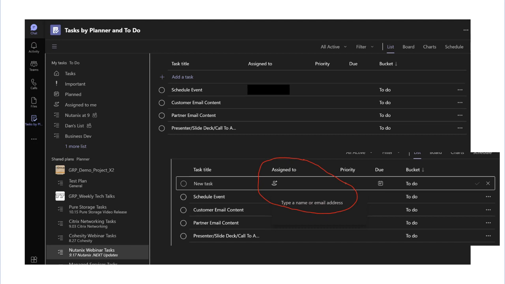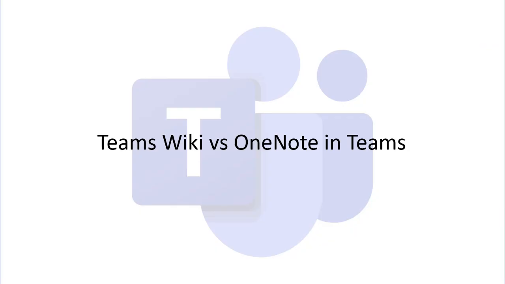So Dave, we're going to kick this one back to you and dig into Teams Wiki versus the OneNote in